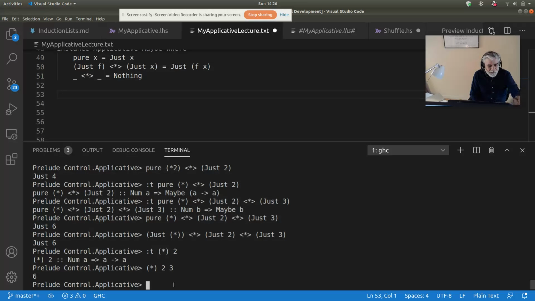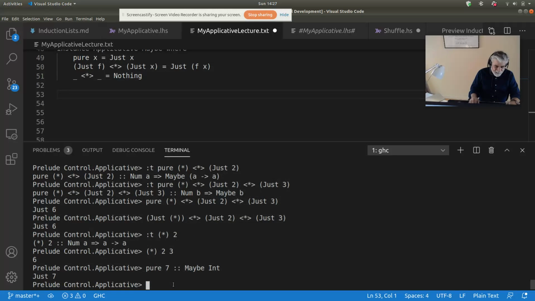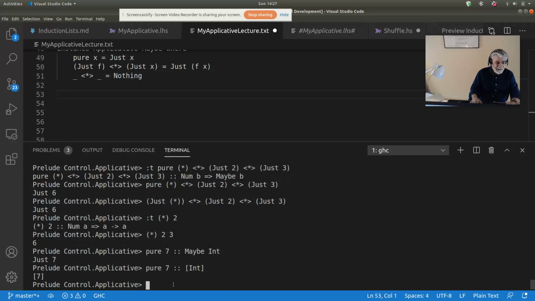Let me see. What else do I want to say about Maybe or pure? Oh, pure doesn't necessarily know which way to go. So if I say pure 7 and I want that to be a Maybe Int, now I get the Just constructor. If I say pure 7 and I give the hint that I want this to be an Int list, then I get the list constructor. If I say pure 7 and I want this to be an Either String,